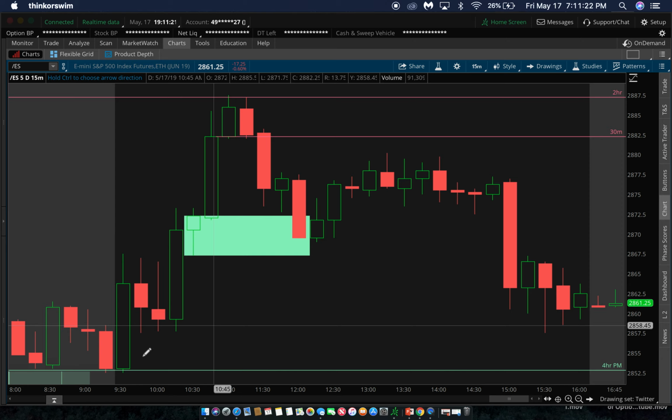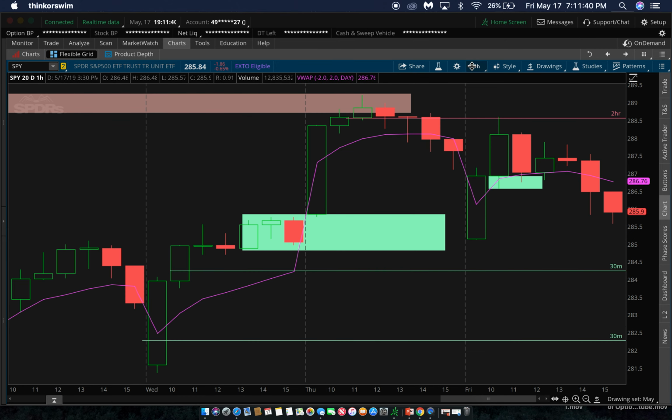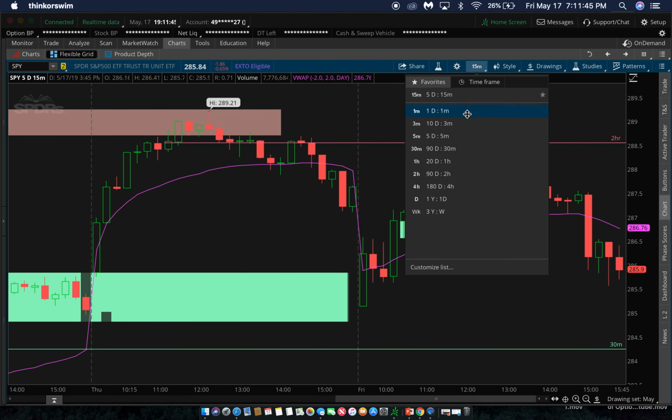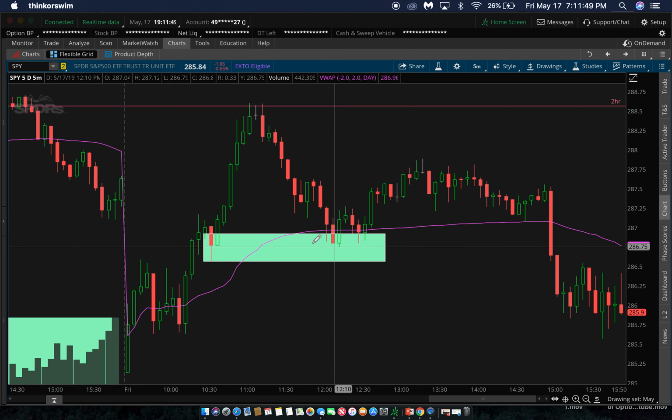But if you capitalize on the first two trades like I did in the morning, you would have been set. You could have walked away and been done for the day. And another reason why I knew this was a good trade on ES was because if you look at SPY, which directly follows ES, this is today. I'll go to a 15-minute time frame. Actually, we'll go to a 5-minute, but the 15-minute is where the demand formed. You can see that the same 15-minute demand zone was where VWAP was,